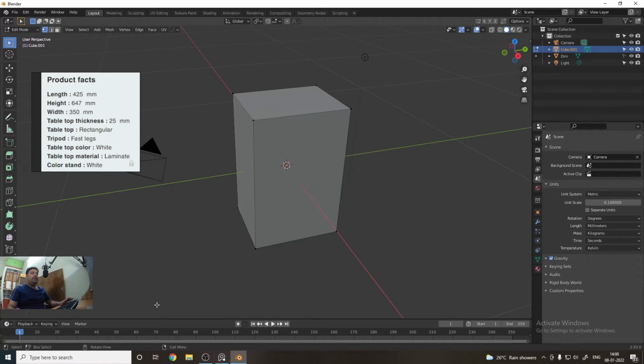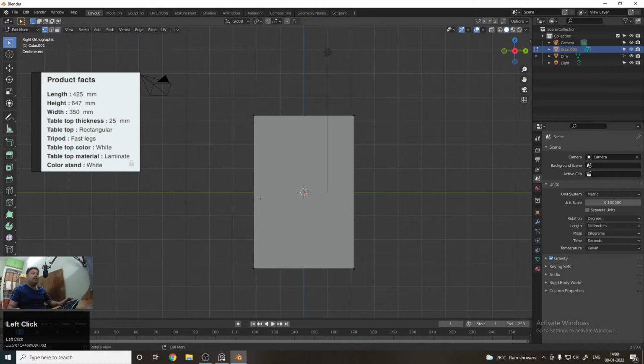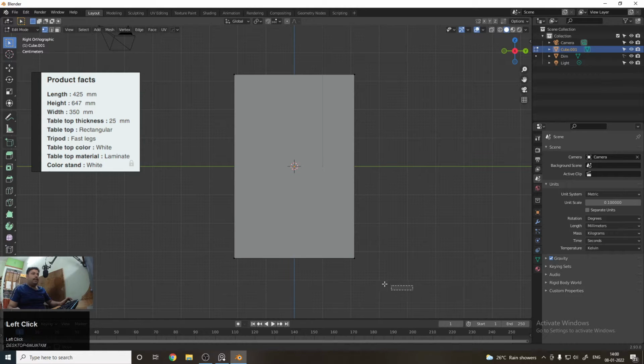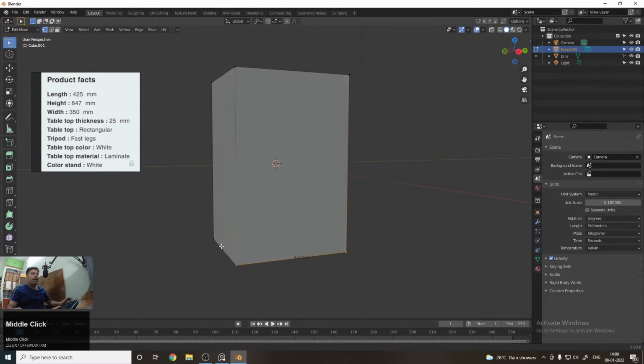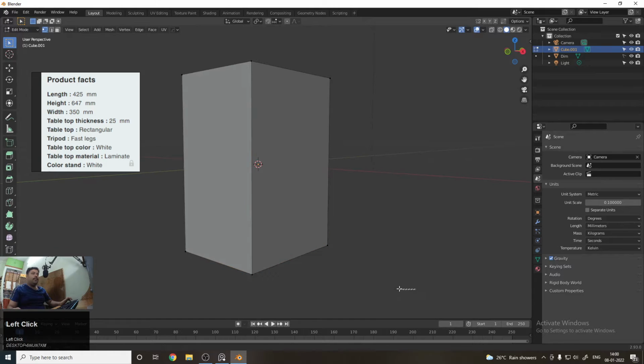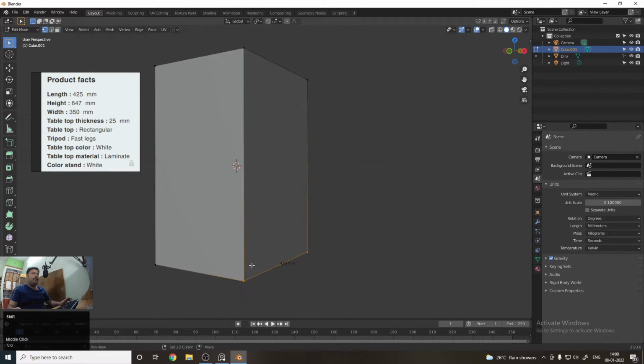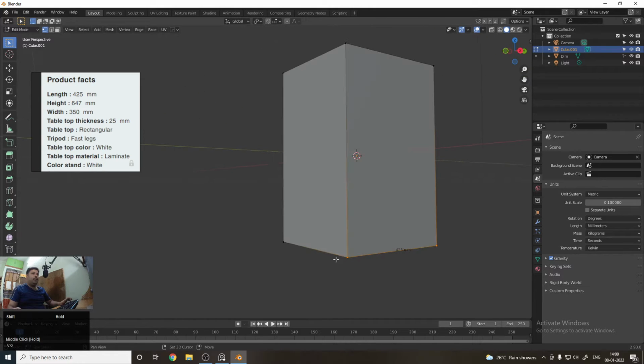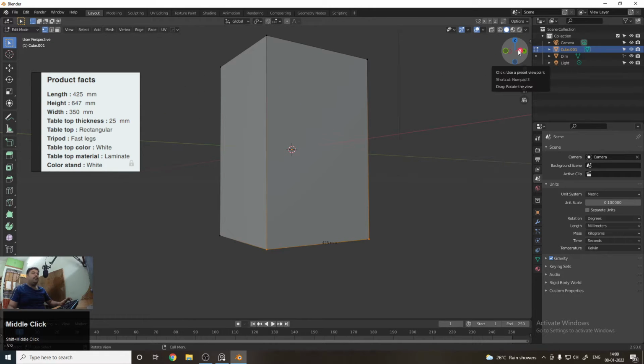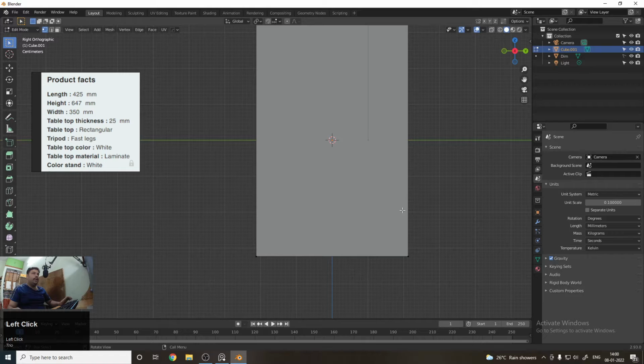So I am using Windows, you can see that. Now I am going into the front view, and then I am selecting the bottom part. But you can see that when I am selecting the bottom part, only the front portion is selected but not the back portion. It's because if you want to select the back portion, you need the X-ray mode. As I have told earlier, if you want to activate the X-ray mode, you need to click on this icon.